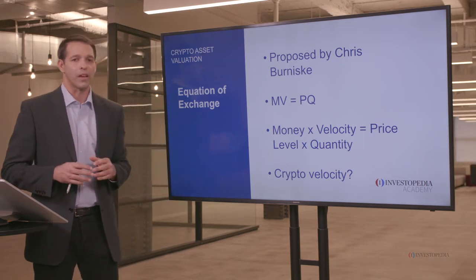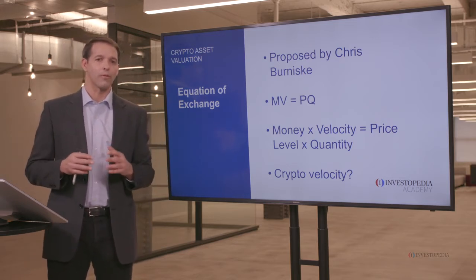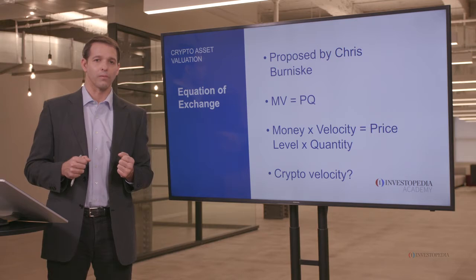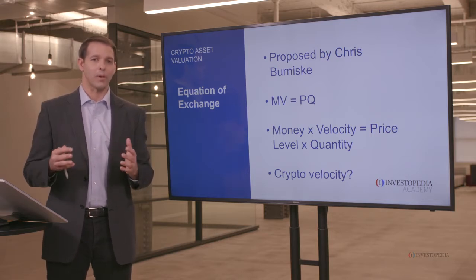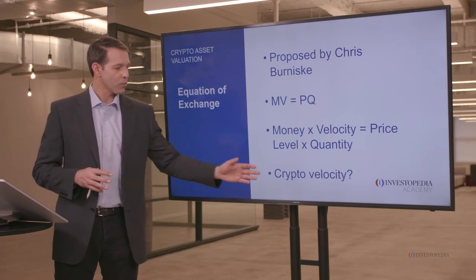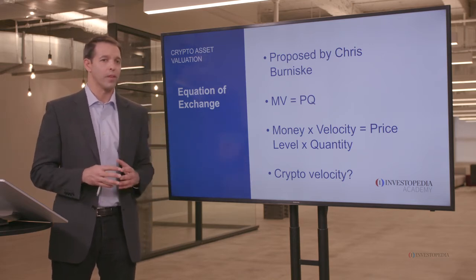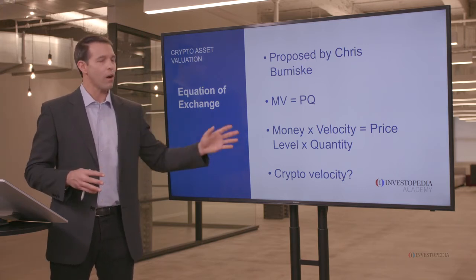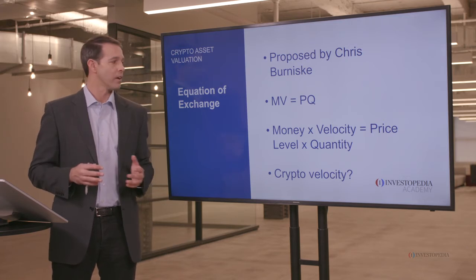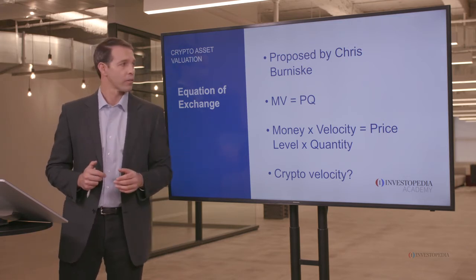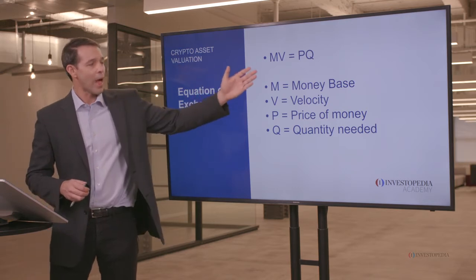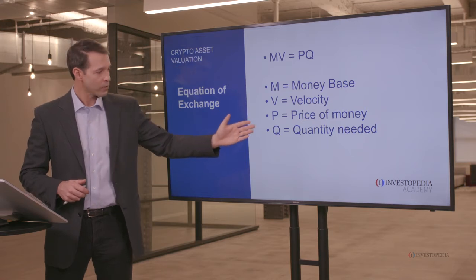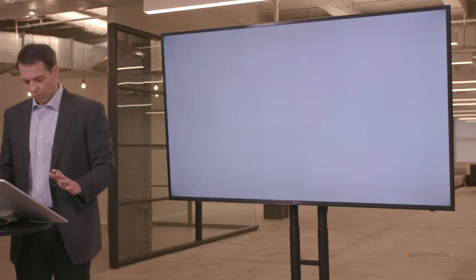Let me explain. In the US markets with the US dollar, we have a velocity of a little over 5. Now we know in the US markets with the dollar, you can't spend it as quickly as you can spend things online in the digital space. So crypto velocity is widely debated, and in order to understand this equation of exchange, you have to make some pretty big assumptions. But let me walk you through this to see how it could possibly be something that values how much a crypto asset is worth. Now, I gave you MV equals PQ, that's money base times velocity equals the price of money times the quantity needed. So let me go over this.